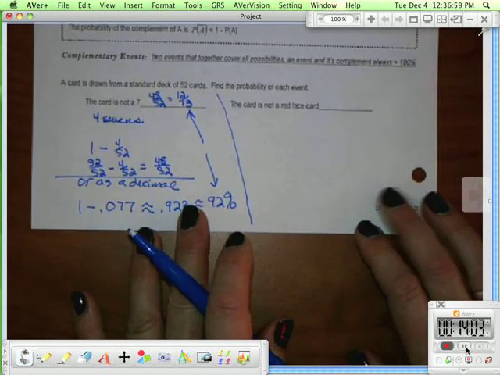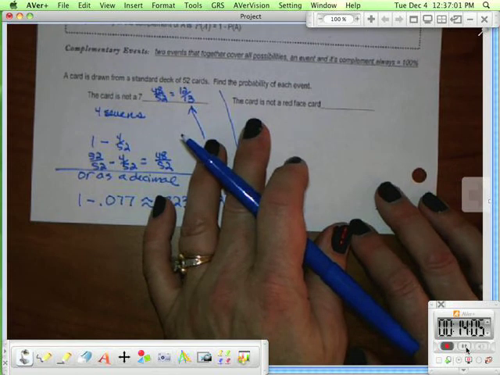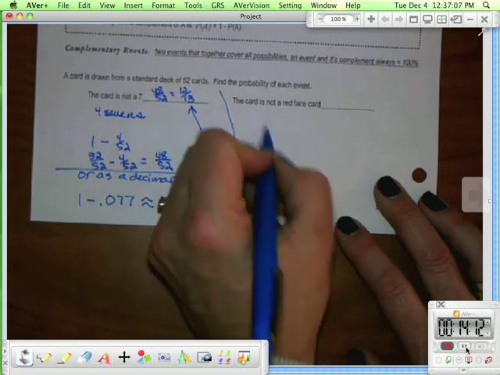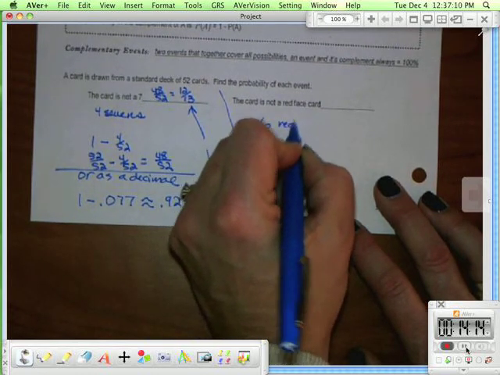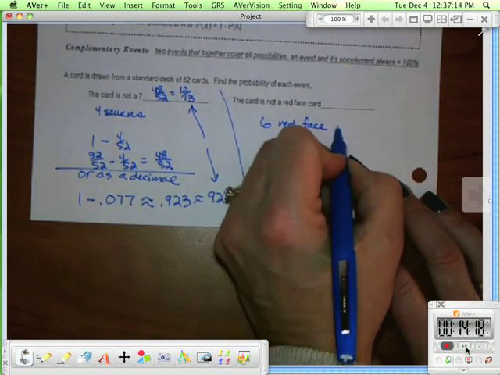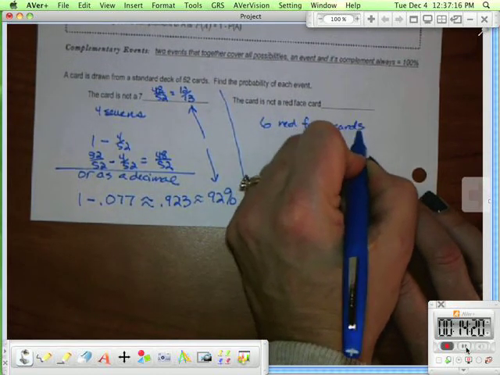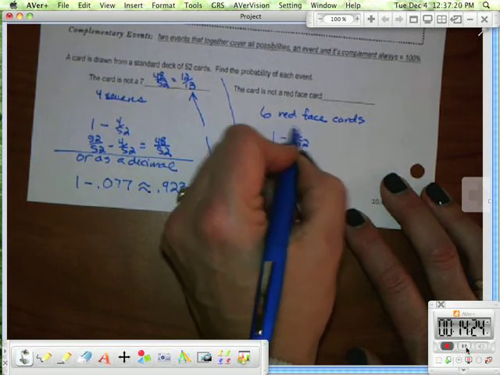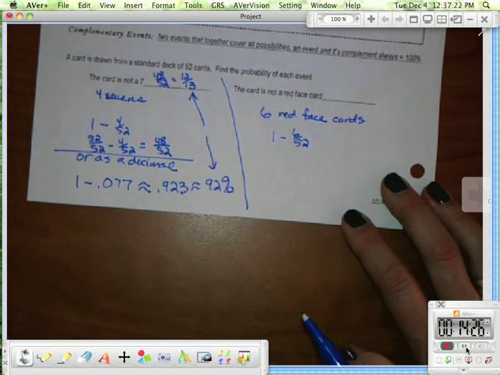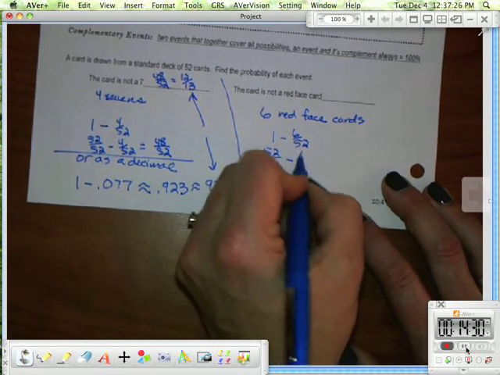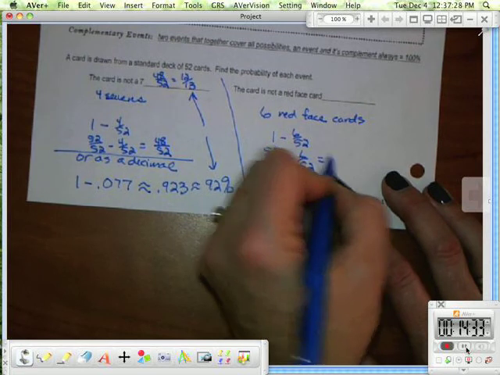The card is not a red face card. Well, there are 6 red face cards. 2 red jacks, 2 red kings, and 2 red queens. So using the complement, I need to do 1 minus 6 out of 52, the probability of getting a red face card. So 52 over 52 minus 6 out of 52 equals 46 out of 52,